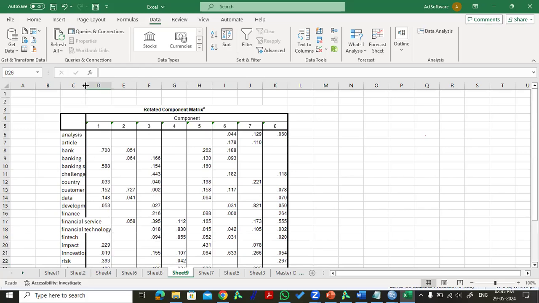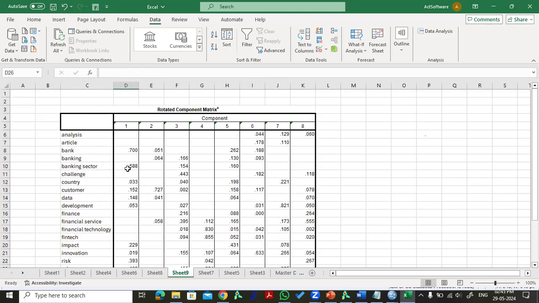Okay, once you have removed your negative values, what you have to do,